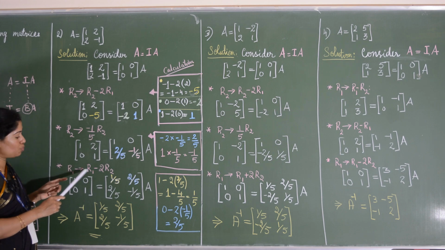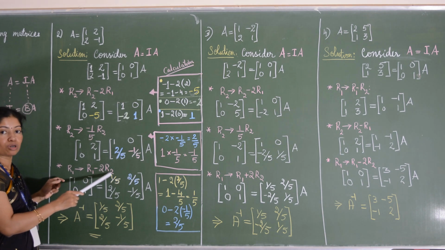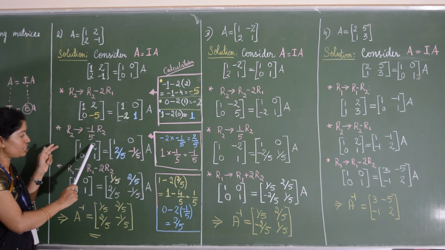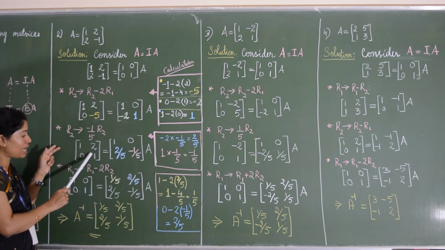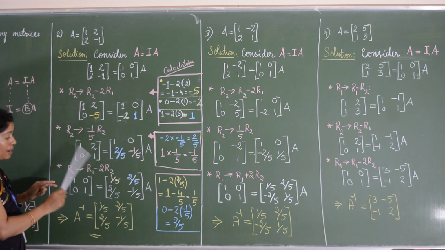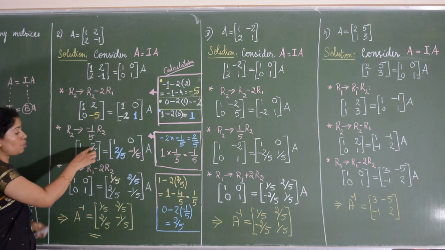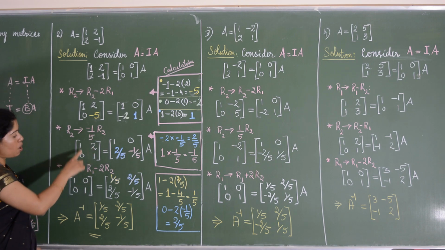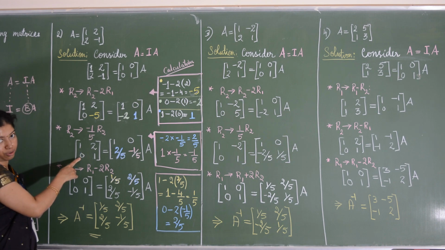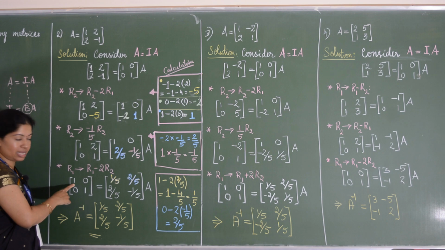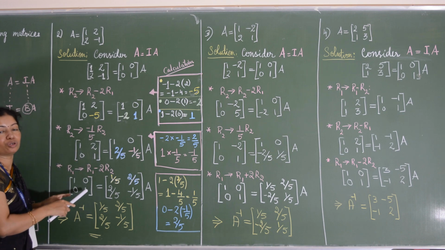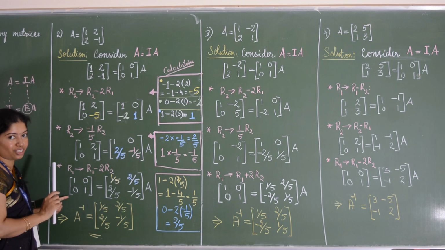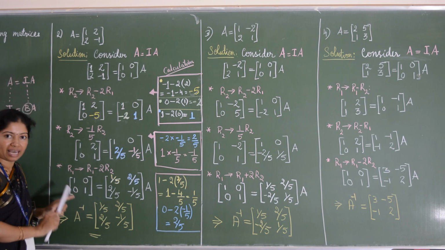So what operation do we have to do? R1 will change to R1 minus 2 times R2. We are applying the operation to the first row. So apply the operation here now. So 2 minus 2 times 1, that is 2 minus 2, will become a 0. 1 minus 2 times 0 is 0 only, so 1 minus 0 is 1. And the second row elements you have to copy as it is, as we are applying the operation to the first row, not to the second row, right? So second row elements you have to copy as it is.